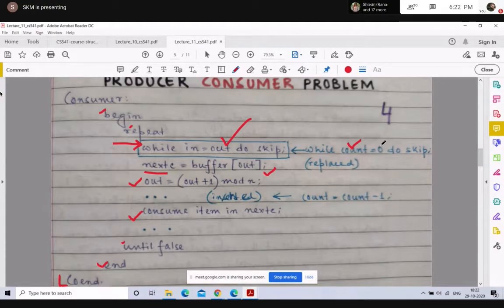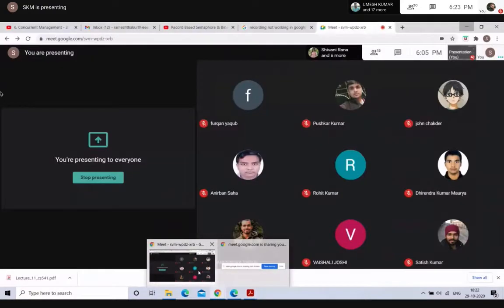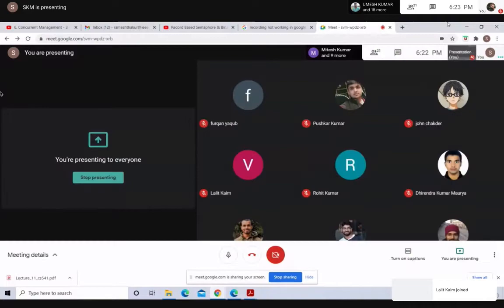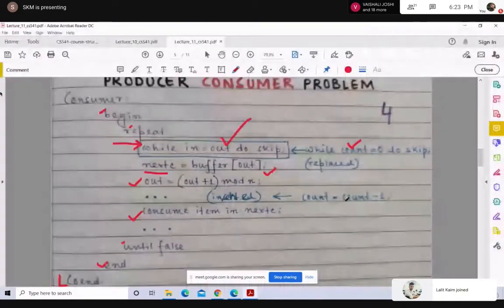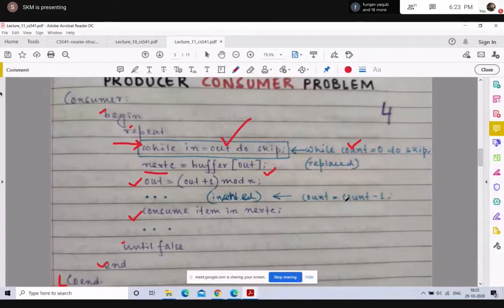Whenever the producer process is trying to modify the variable count, the consumer process should not be given access to count, and vice versa. That means access to the critical section must be mutually exclusive, so that no more than one process is allowed to access it at any point of time.